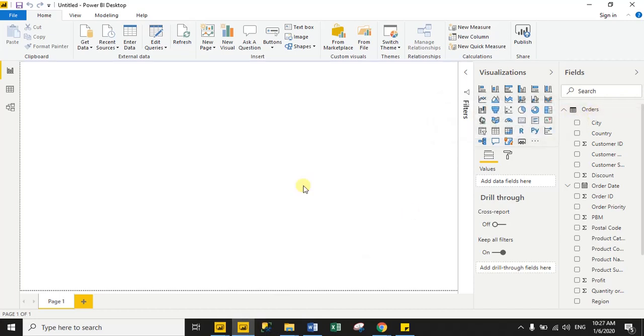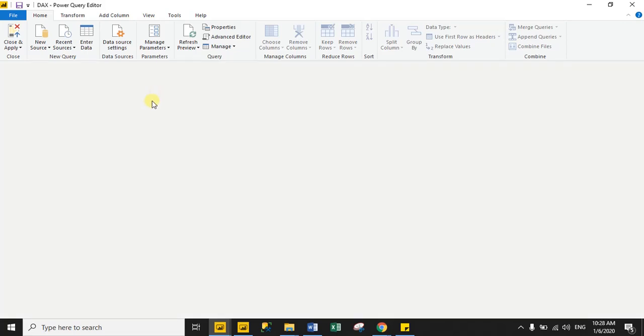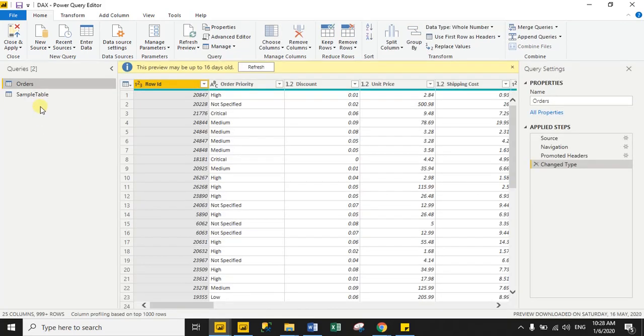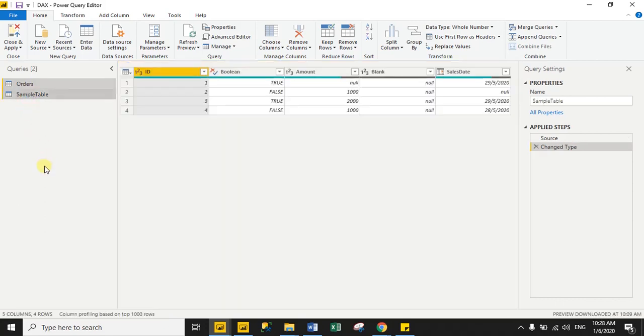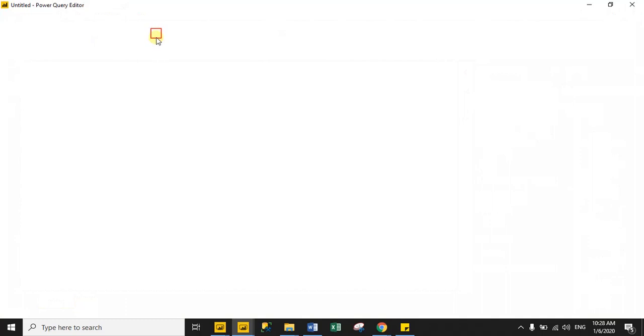the second Power BI file. So this is one way to copy a dataset from one Power BI file to another Power BI file. Now I will explain another way. So go to the first Power BI file, click on Edit Queries, and from the left-hand side using the Control key you can select multiple datasets. See here I selected both datasets, then just right-click and click Copy, then go to the second Power BI file, click on Edit Queries.